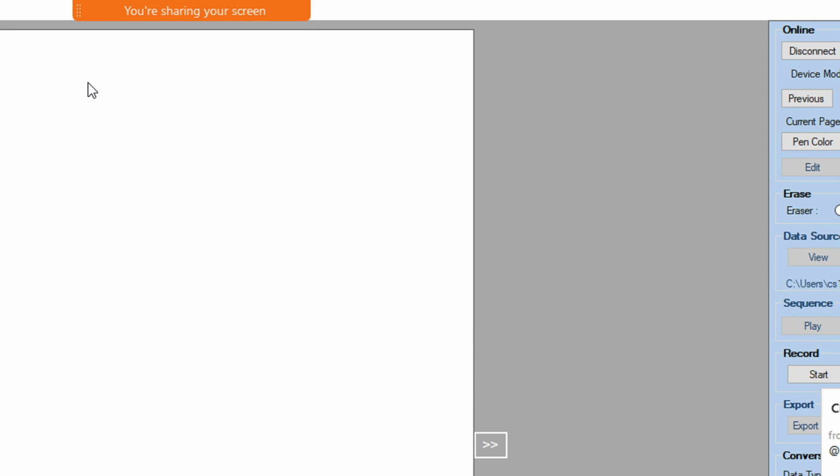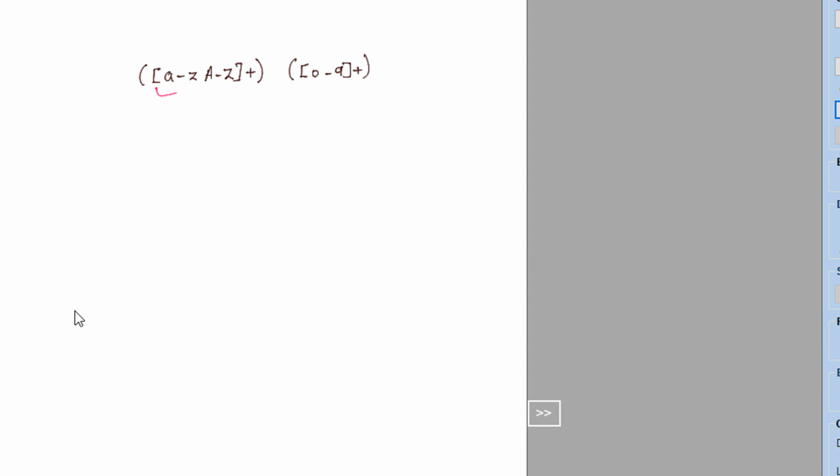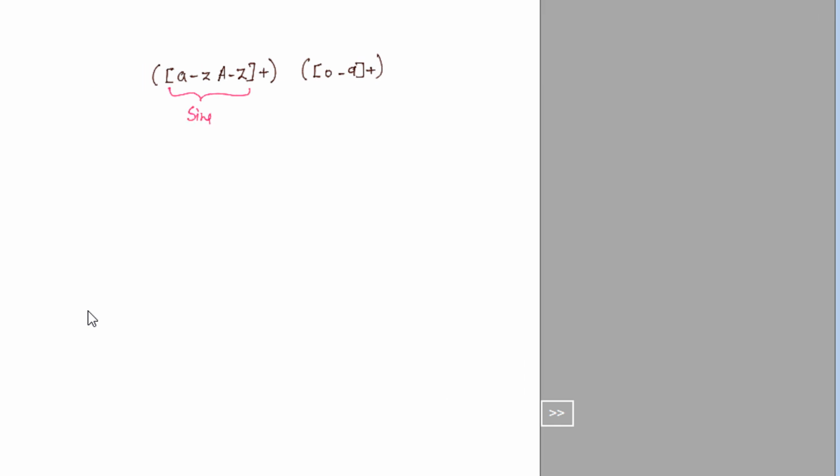So on the drawing board, the expression is plus, right? And let us see how it actually resolves. Anything in the square bracket is a single character. Whether we specify lower case or upper case does not matter. When we come to plus, so single character plus, that means one or more, right?